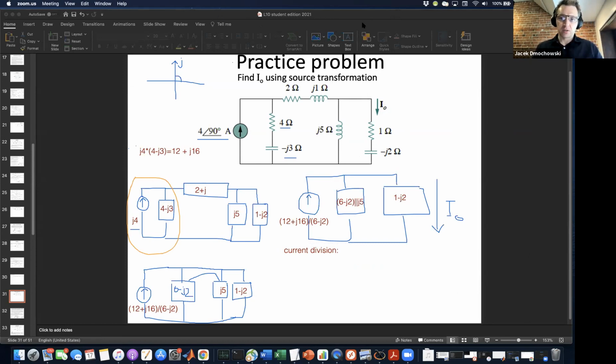Okay, so this is my current. This is impedance 1, and this is impedance 2. I'm interested in determining this current. And so what I'm going to do is say I naught is going to be equal to 12 plus j16 over 6